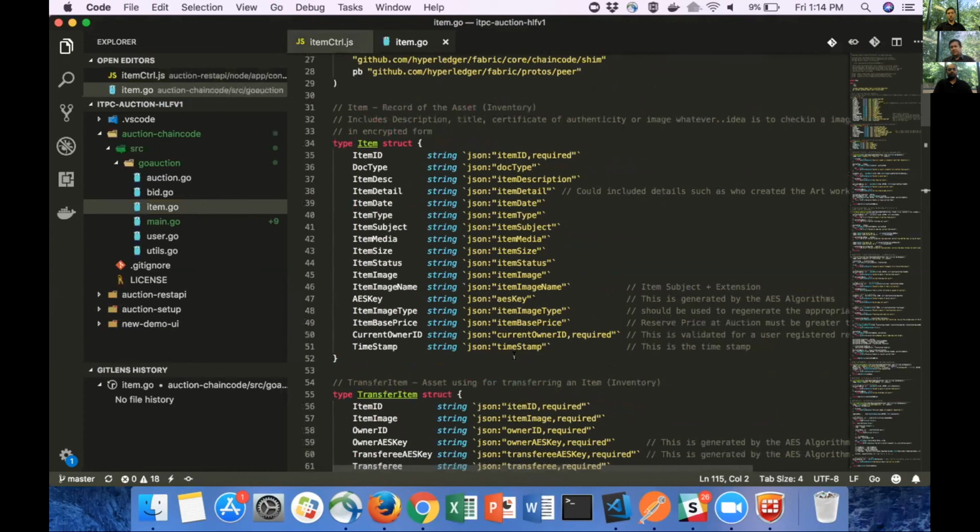The other observation that you would all have made is that we actually store the AES key on the chain. Now, that is not a correct implementation because all the participants on the blockchain can see that particular piece of information. But in a future version, we would leverage other techniques such as SideDB or HSM or an off-chain location to save this attribute, because this is a secure attribute.